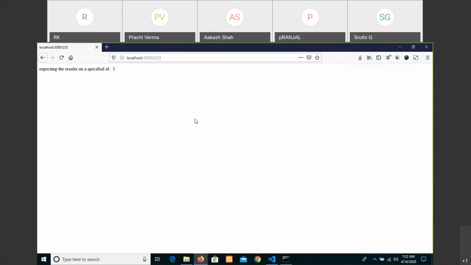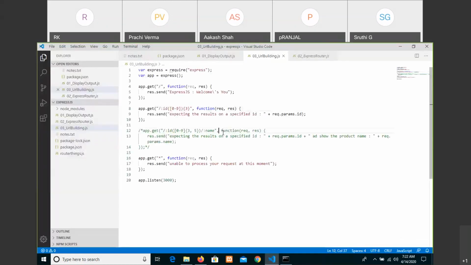That is working. So it's working even within the opening closing parenthesis, excluding opening closing parenthesis also. But oh sorry, ID 233 now. It has to show. One second.